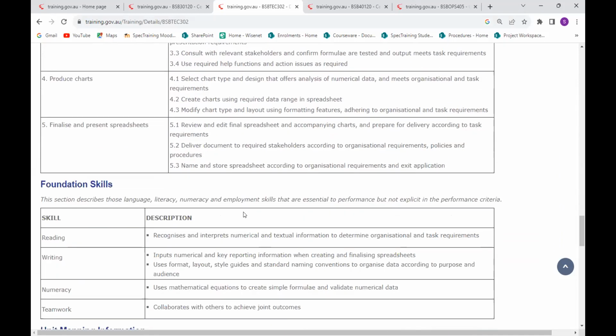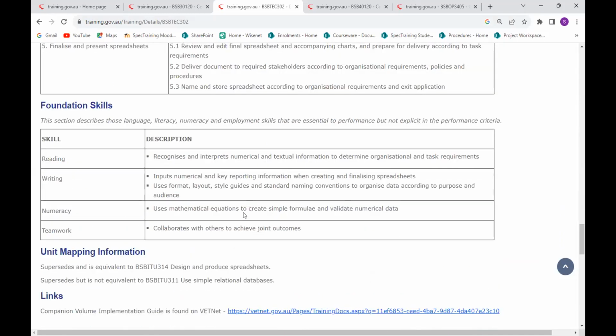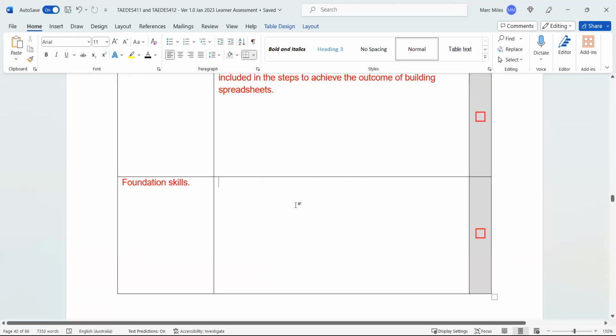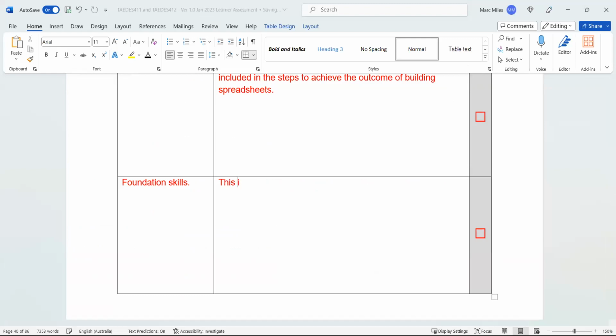Okay. Now, for the next section, we've got the foundation skills. And as you can see here, it's the reading, writing, numeracy, teamwork side of things. And it's basically the survival skills that somebody would need in order to be able to do the task. Okay. So foundation skills, we could drop this in here and say, this is the basic survival